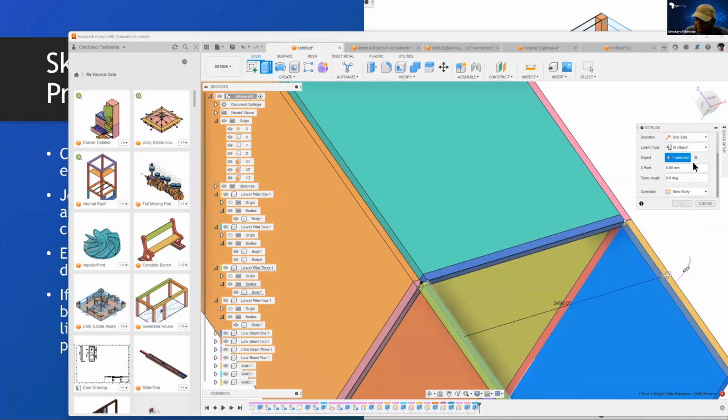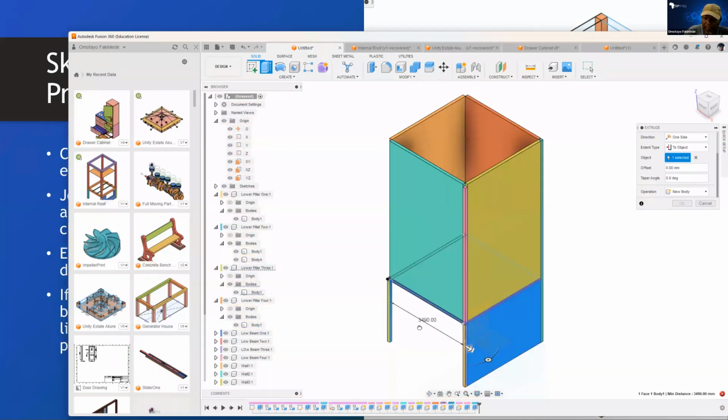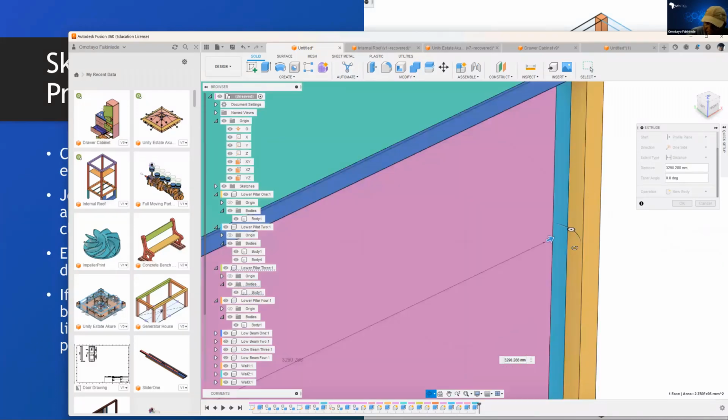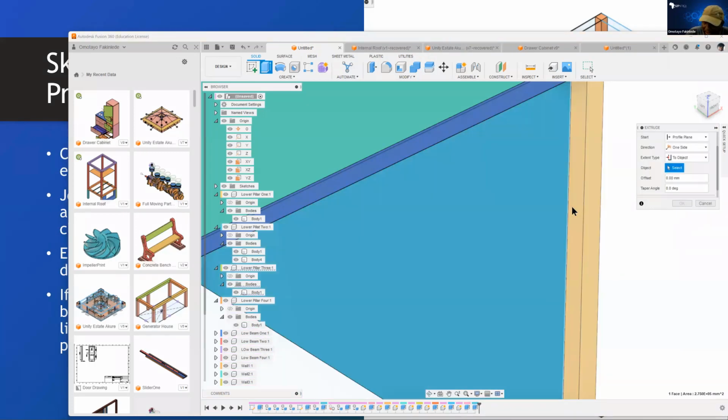I'm getting an error. Let's see why. I want to choose the orbit again. Let me make it big. I want it to go not through the distance, but through to an object. Okay, so